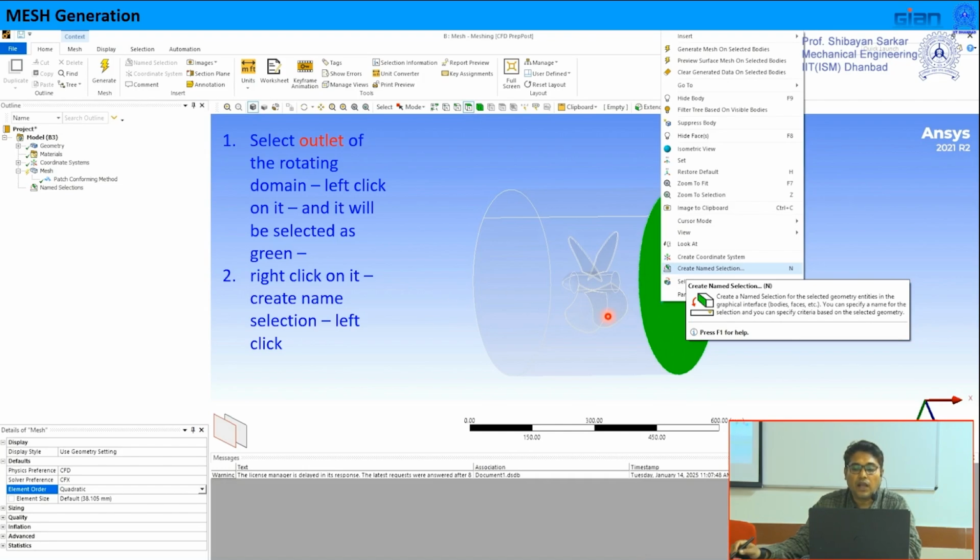Now I have to give the name to the outlet. So the inlet I have given. Now I can select the outlet. Now sometimes it may happen that while you are selecting the inlet, the orientation of your figure will be such that